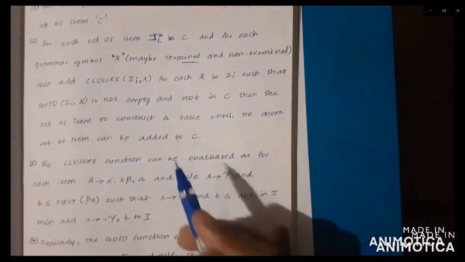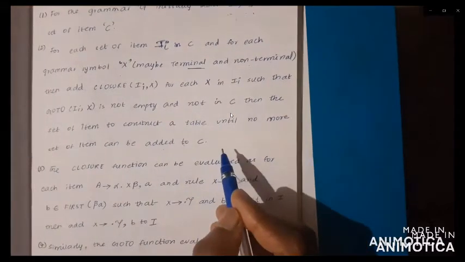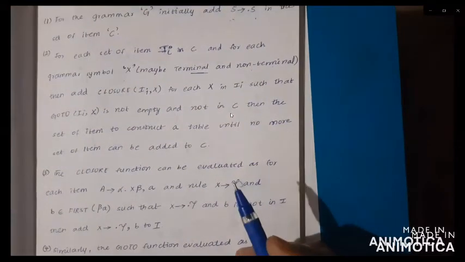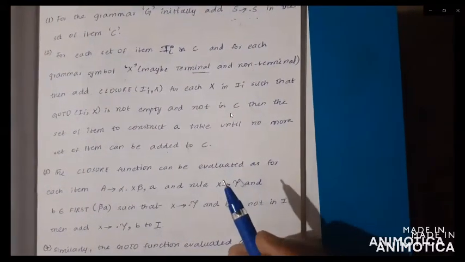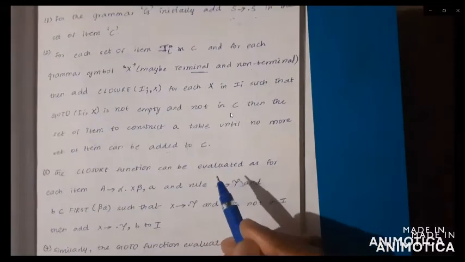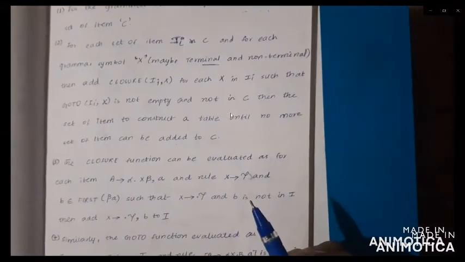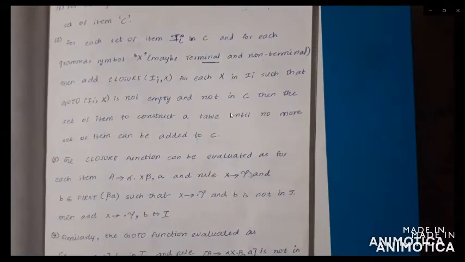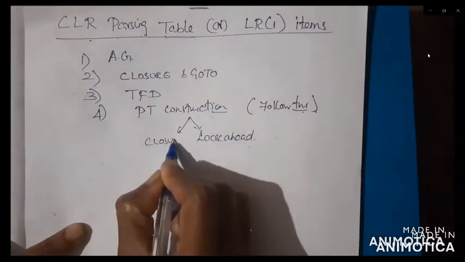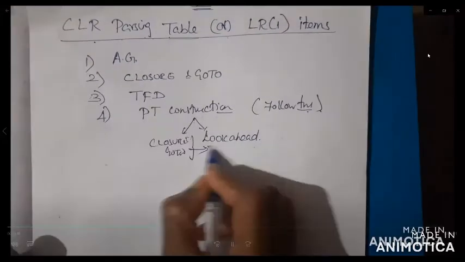Everything is similar to the LR(0) items construction used for the SLR parsing table. But in the SLR parsing table you have to check the follow function for the given grammar, whereas here in the CLR parsing table, no need to check the follow function; you have to check the lookahead symbol for the given closure functions. Based on doing the closure function and the goto function, you have to check the lookahead symbol. So how to check the lookahead symbol?